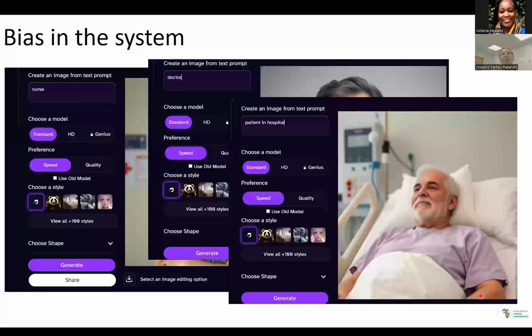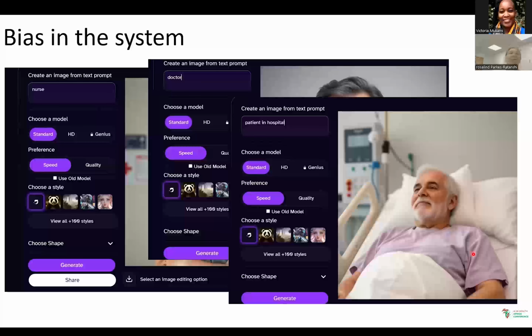Each one of these was a white person. The nurse was a young lady. The doctor was an old white man. And the patient in hospital was also an old white man. And this is just one simple little example of biases that are already inbuilt into our models that we are